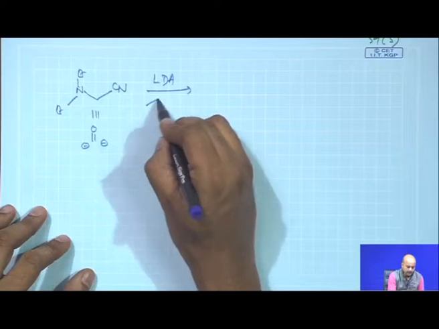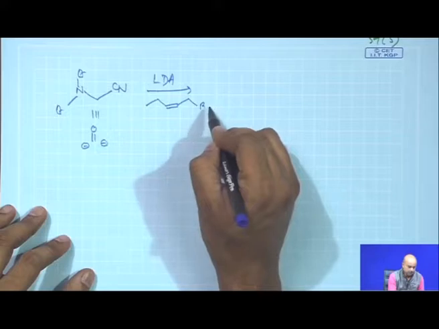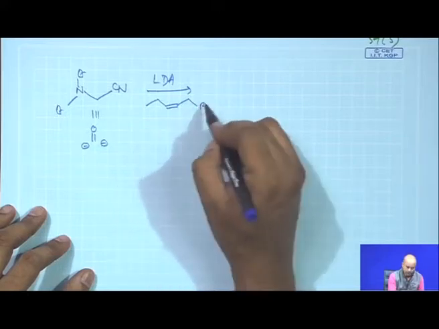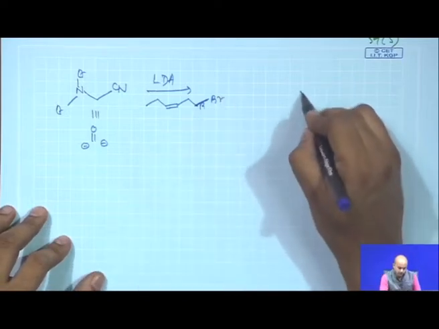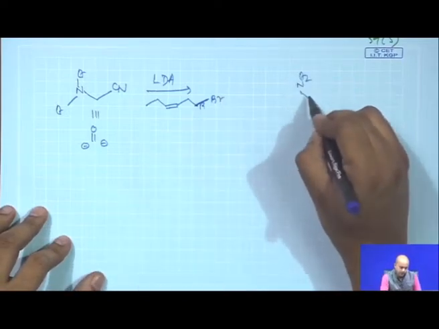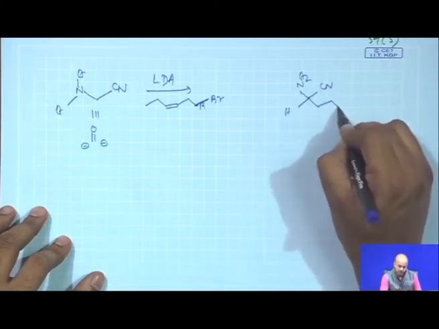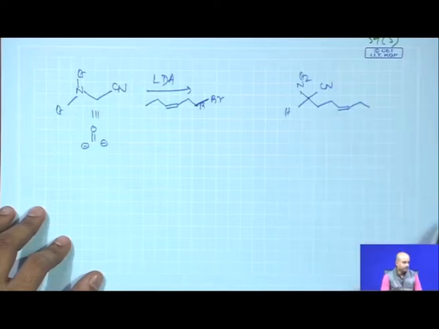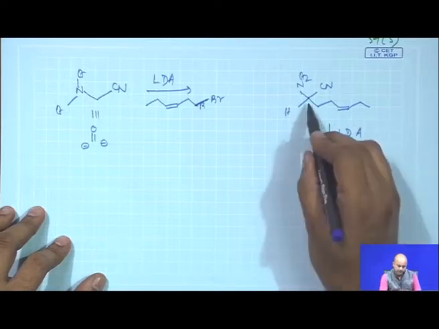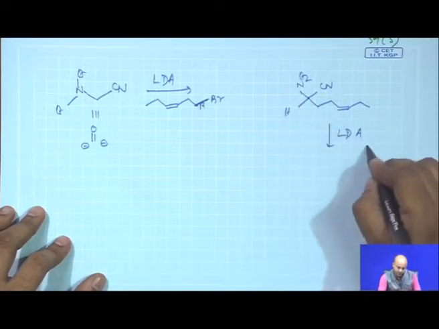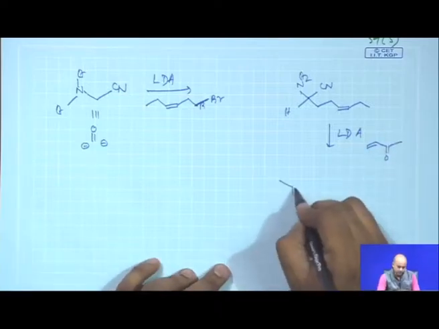So, LDA and the first acceptor synthon, I am putting a bromo here, sorry, one carbon extra bromo. Then you see that NEt2 remains similar, CN similar, one hydrogen is abstracted and you basically get this compound. Next, another round of base abstracts this hydrogen and then you react with another acceptor, which is the methyl vinyl ketone. So, you will basically get